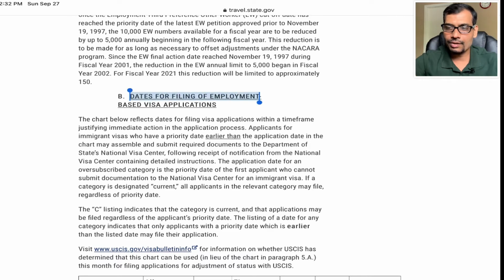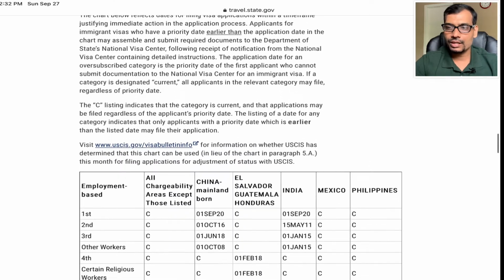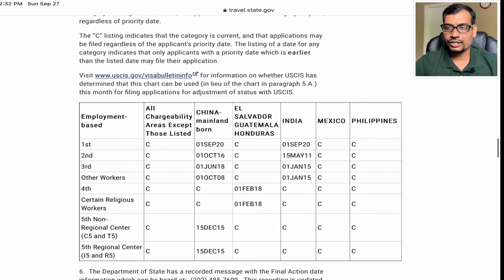Now I will move to the most important part, dates for filing, because most of the Indian people are aspiring for the date to become available for them to file for adjudication. Here you can see for India, September 2020 is near current for EB1, the high priority worker.